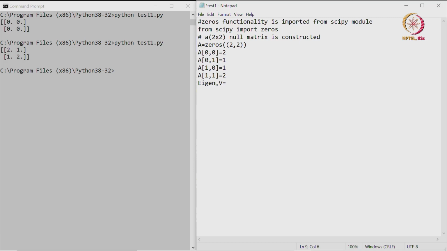Eigenvalues, and one can name it eigenvector. So any name is possible, but both have to be separated by a comma, and the first one has to be the eigenvalue and the second one has to be the eigenvector. Then this construct, eig(A), is indicating that Python has to find out the eigenvalues and